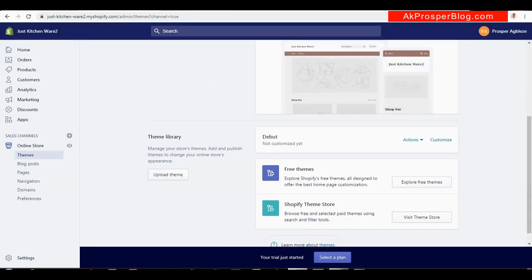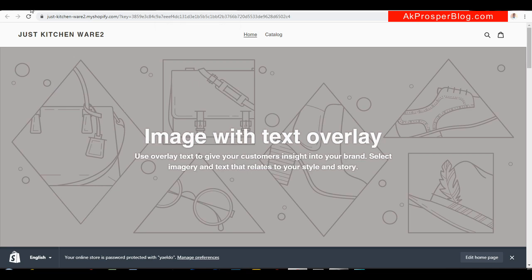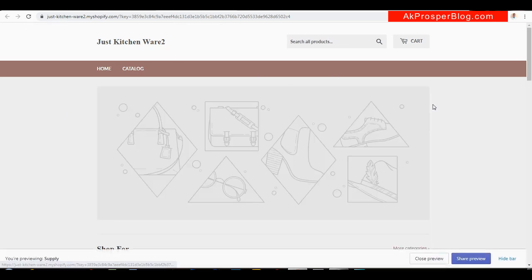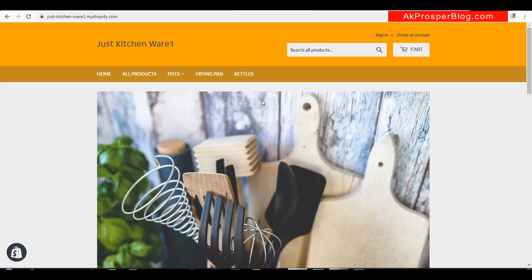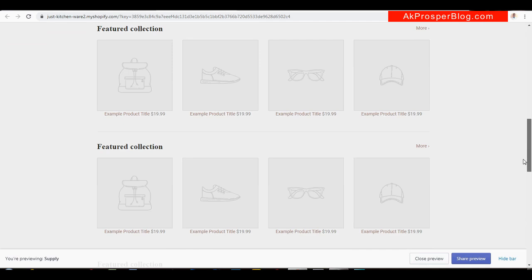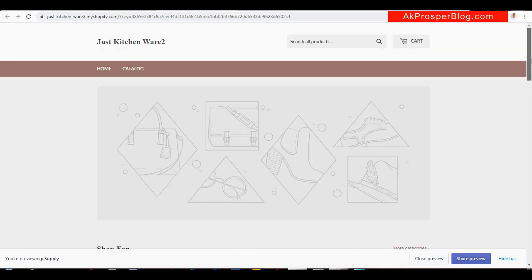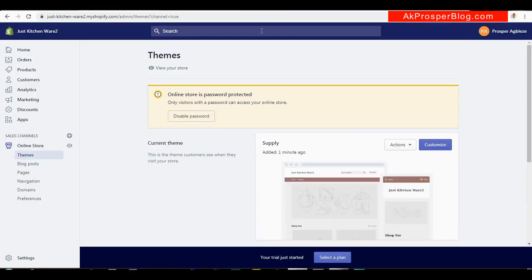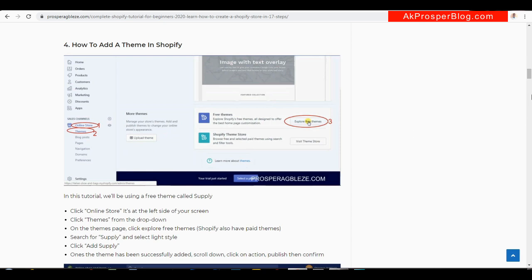So now we've clicked on publish. If I go back to the store and refresh, you can see that it's looking a little like this, gradually. So this is how the Supply theme will look. So now we've been able to add a theme. So let's look at what next. The next thing we're going to be doing is